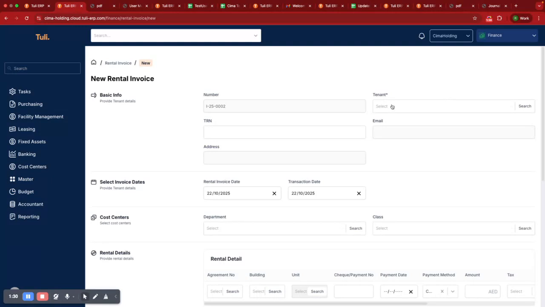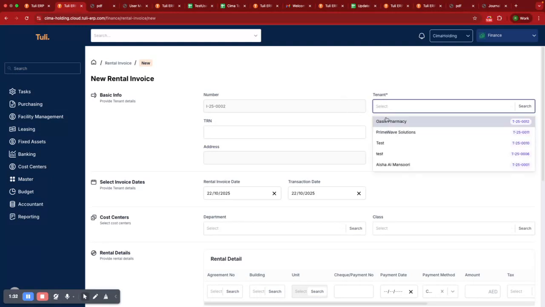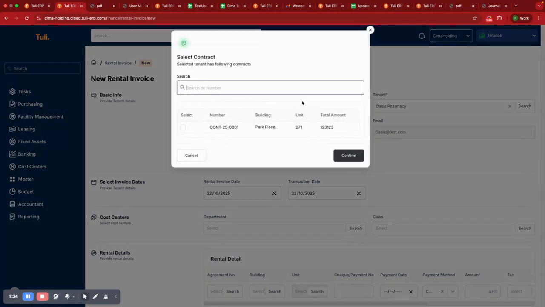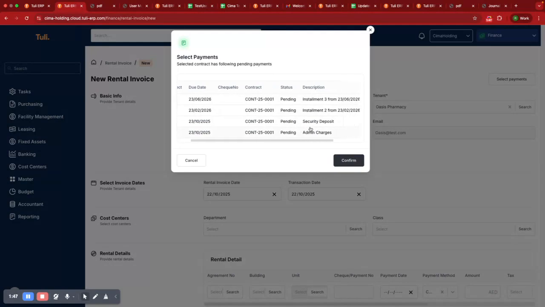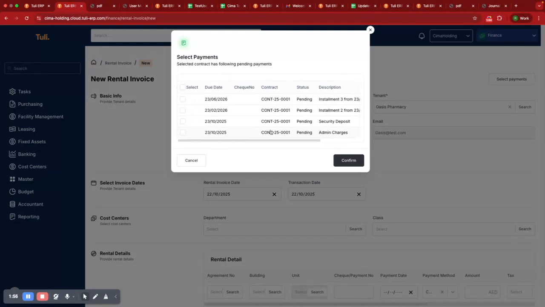Here you will have to select the tenant against which you are creating this particular rental invoice. It will load the contracts that you have against this tenant. So we have only one contract, so select that. Then inside that contract, it will load all the payments against which a rental invoice has not been generated. So if you see, installment one is missing because we have already created a rental invoice against that. So for now, I will create a rental invoice against security deposit and admin charges. To confirm it,